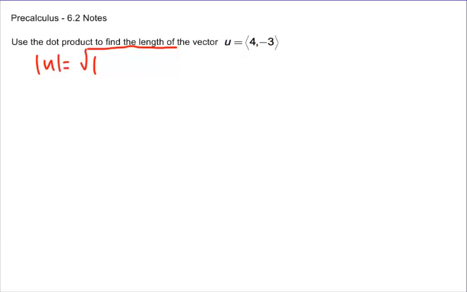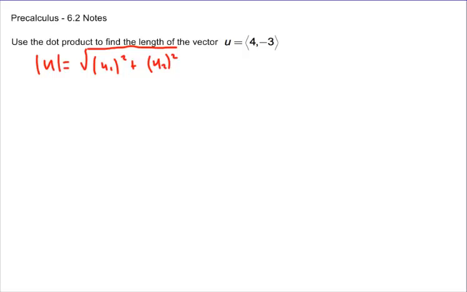So it'd be the square root of u1 squared plus u2 squared. So if you're asked to use the dot product, these u1 squared and u2 squared terms are just going to become